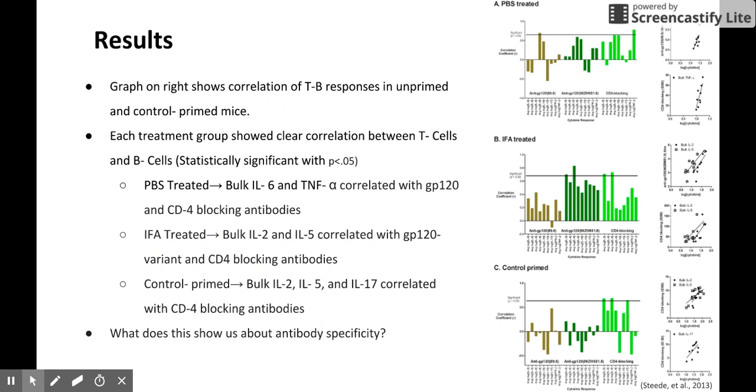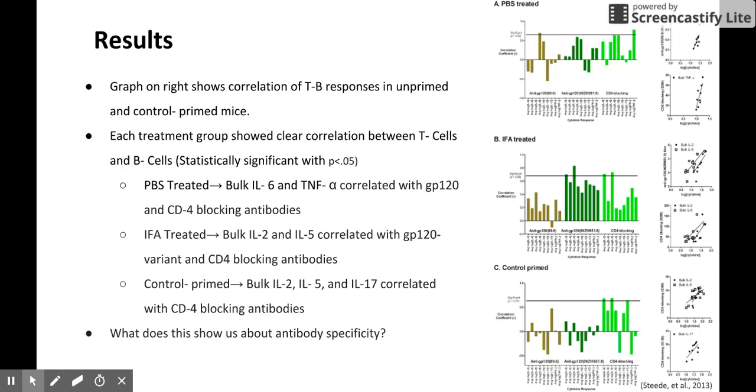The graph on the right shows correlation of T and B responses in unprimed and control-primed mice. Each treatment group showed clear correlation between T cells and B cells, and these were statistically significant. So what does this show us about antibody specificity? It shows that it's directly correlated with the specific T cell response. So an antigen might elicit a few different T cell responses together, but each T cell response in itself recruits